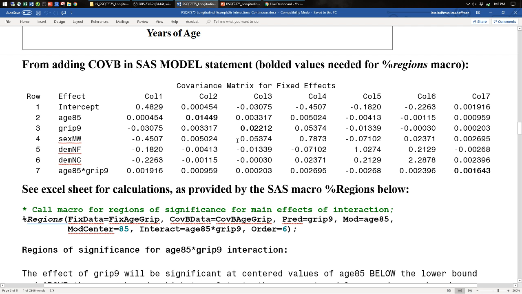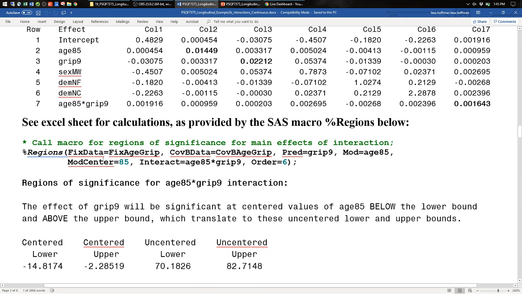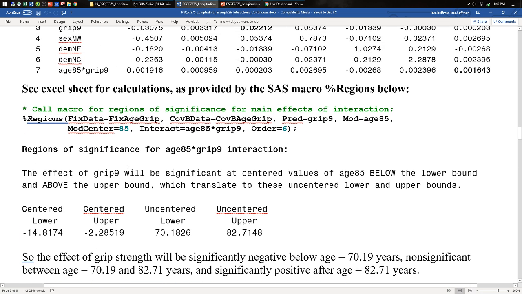Here is Cove B. This is not something you typically need to ask for, but this is the asymptotic covariance matrix of your fixed effects, where the diagonal is the standard error for each of your fixed effects squared, and the covariance between your fixed effects is given in the off diagonal. The macro that I wrote takes this input, does the calculations for you if you tell it what your predictors are and the centering points of your predictors, and it outputs this